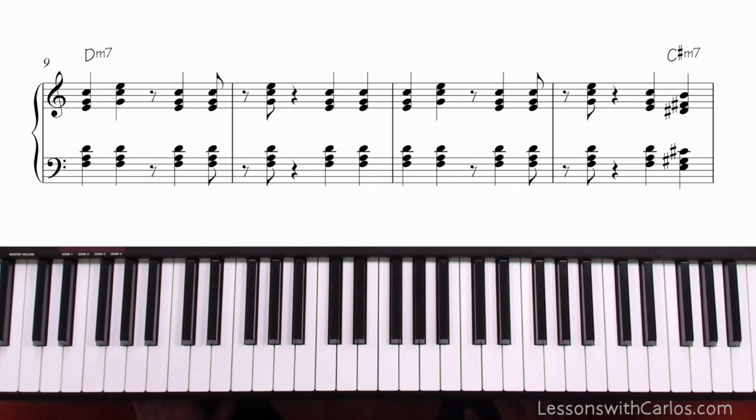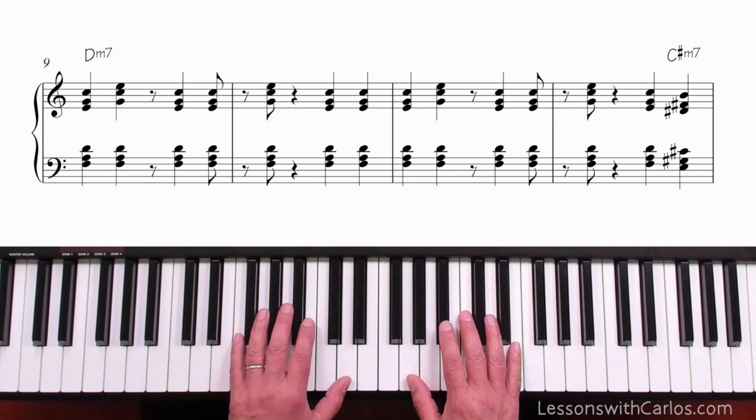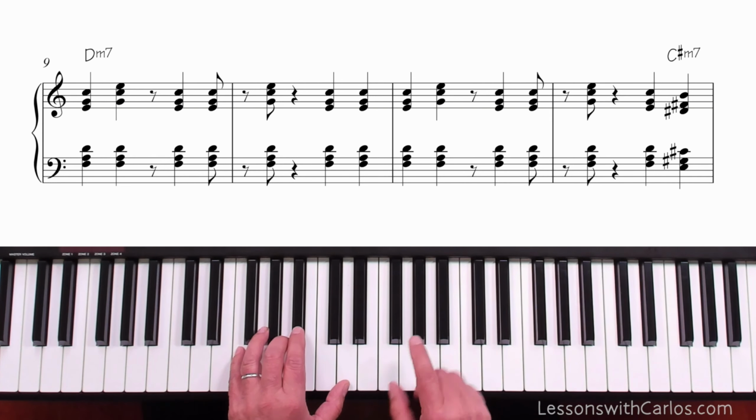Now we're going to play the second section. We're going to play the last two lines. 1, 2, 3, and...